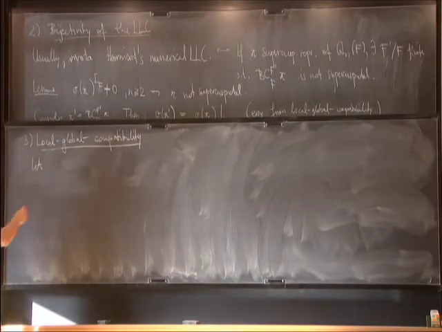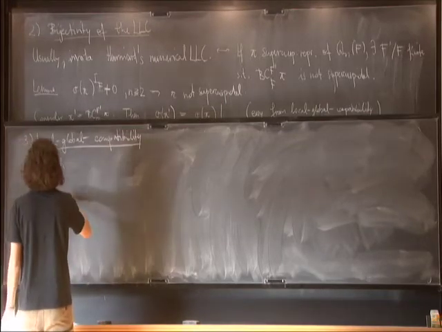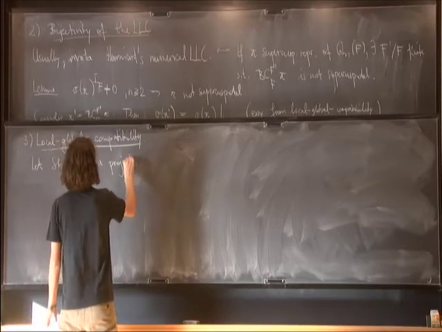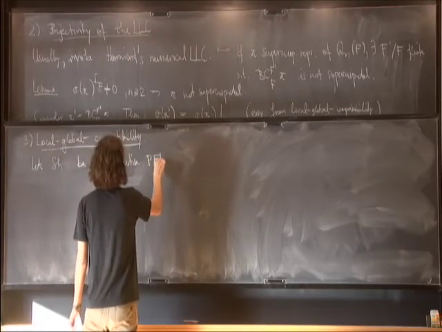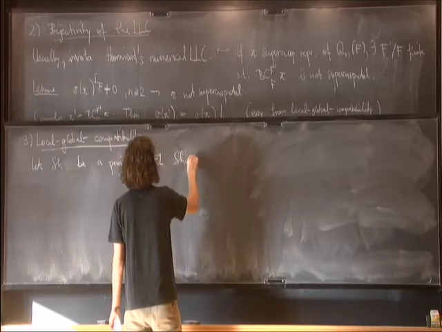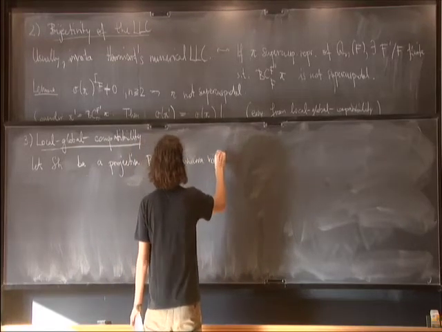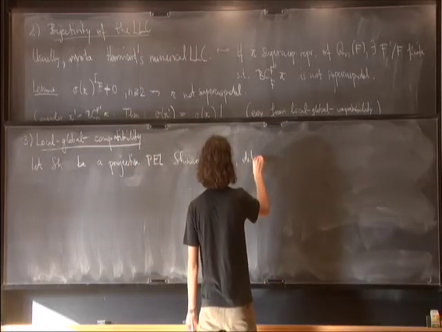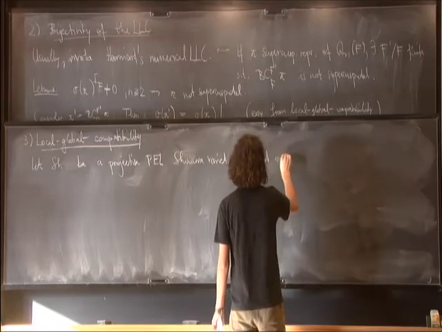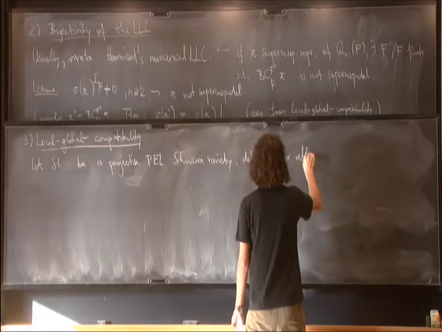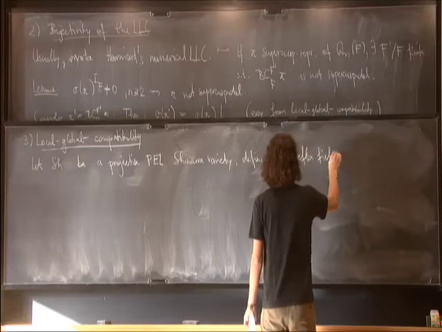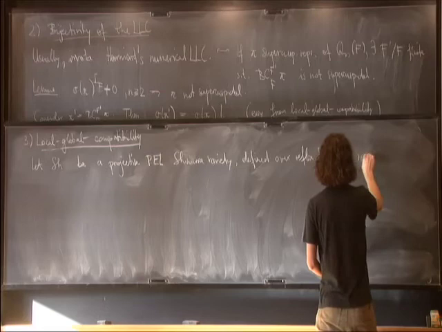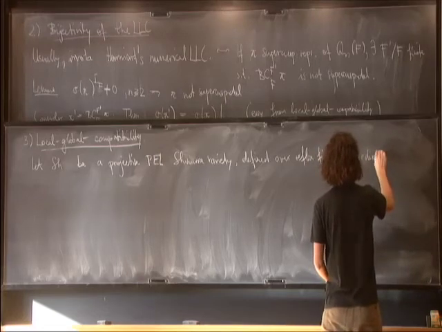So I take a proper projective PEL Shimura variety defined over this reflex field E. And the reductive group occurring is called G